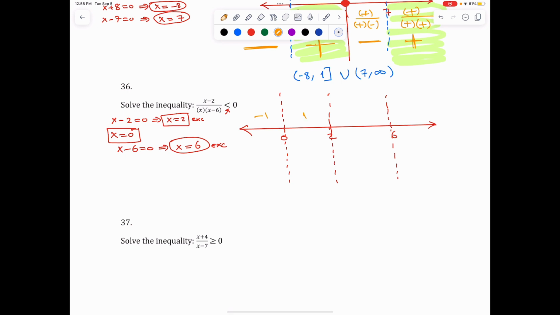Between 0 and 2, 1 would work. But between 2 and 6, 3 would work. And bigger than 6 is 7. Now I'm going to plug these testing points into the factored form here. So this is going to give me